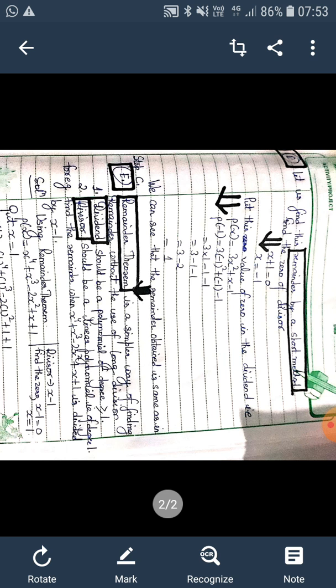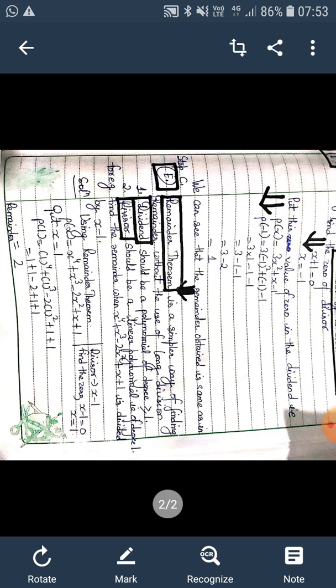Now putting this value in the dividend, we are getting p(1), that is in place of x we are putting 1 raised to the power 4 plus 1 raised to the power 3 minus 2 into 1 raised to the power 2 plus 1 plus 1. So after simplifying, you can see the remainder is 2. So all of you will do the questions based on